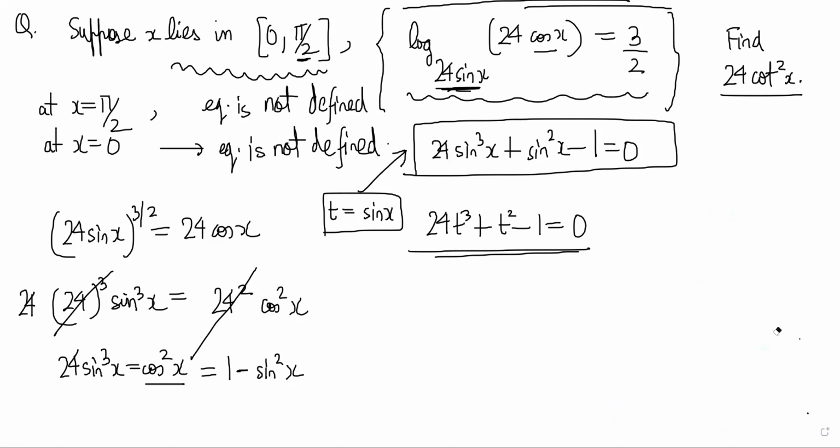Now you can hope that maybe one of the roots is a rational number. That part you can try here. So if one of the roots is a rational number, it will be of the form p by q, and p divides -1, right? And q divides 24. So you can try from there and see what comes. Try it for a second. Sir, half, 1 by 2.